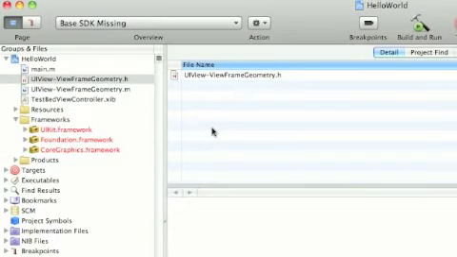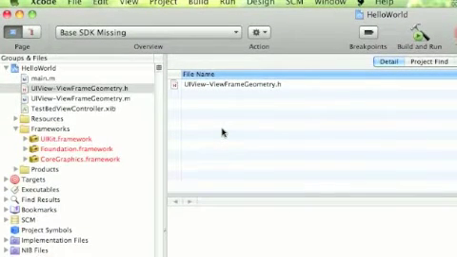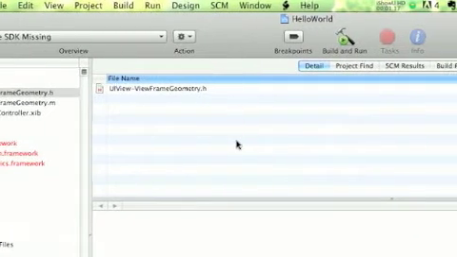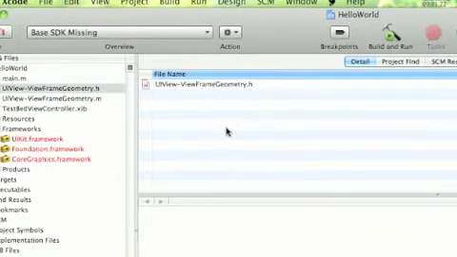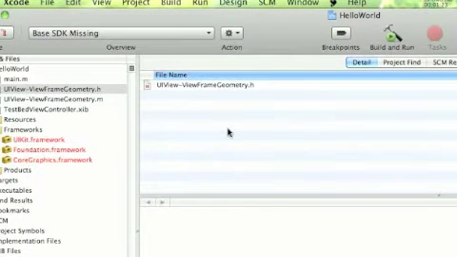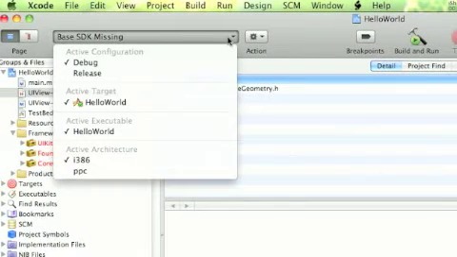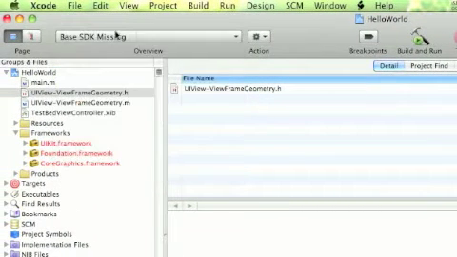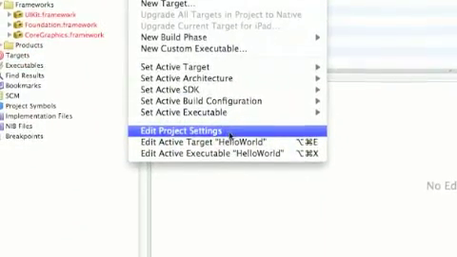So quite a lot of people have had quite a lot of trouble with this message that we get, the SDK missing message. So I'm just going to show you with some audio what we're going to do to upgrade it to make sure that it will run with our latest SDK. Okay, so if we have a look, drop down list in debug, we go to release, again nothing changes, it's just base SDK missing. To fix this, if we go to project, go to edit project settings,